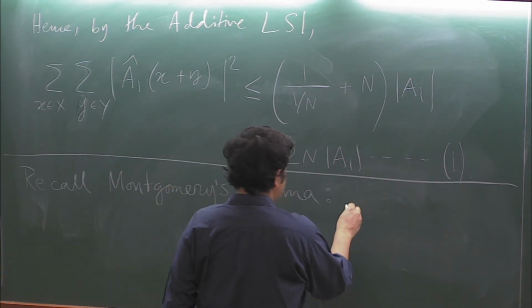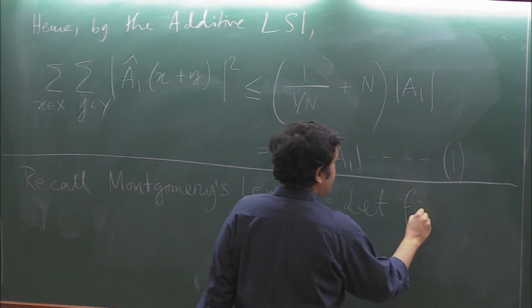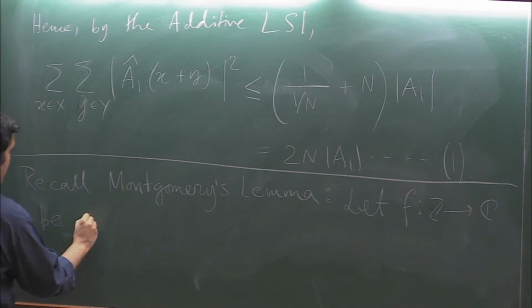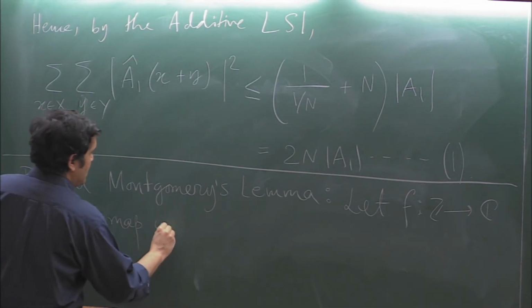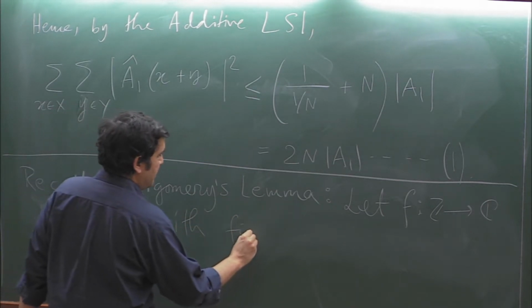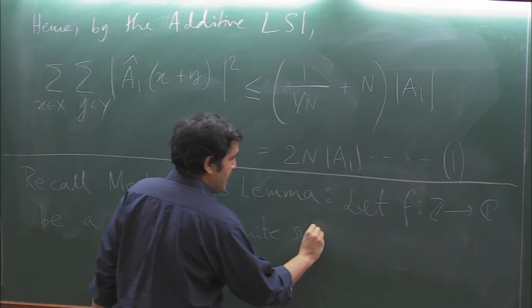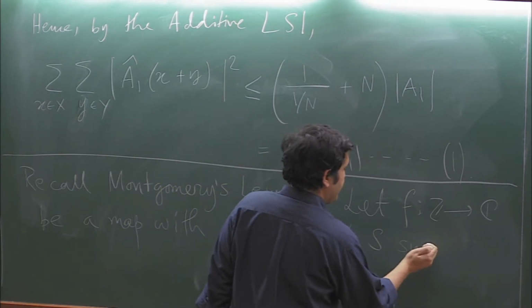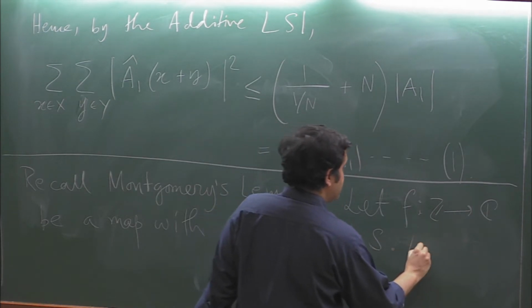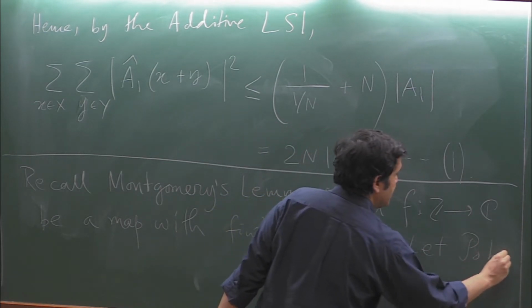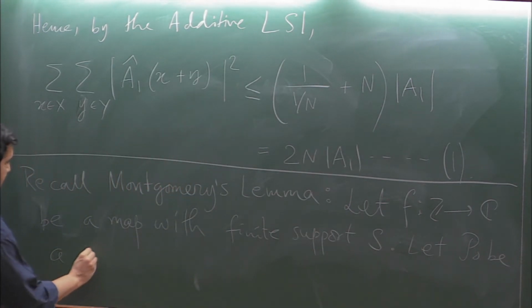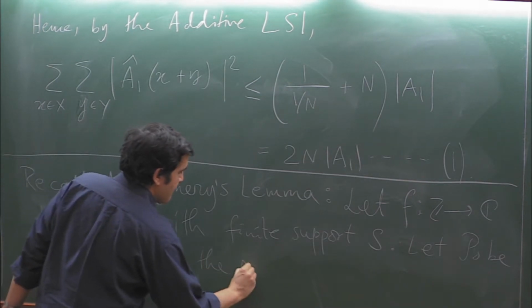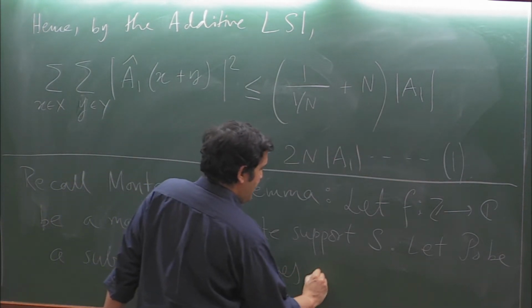So I will say that let F be a map from Z to C with finite support S, and let P naught be a subset of the primes, and suppose